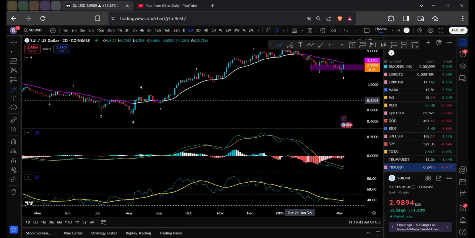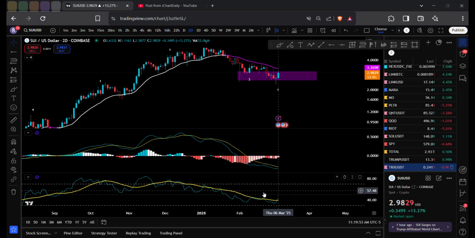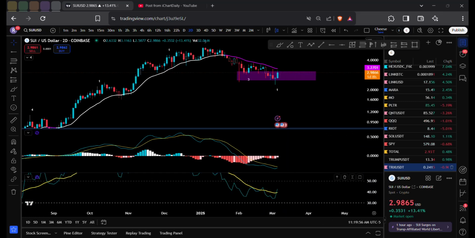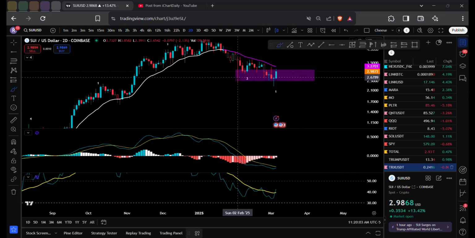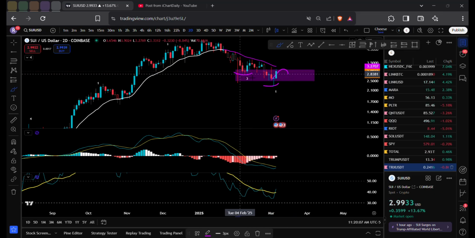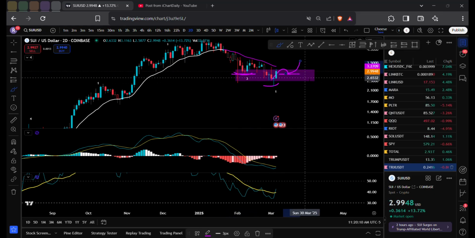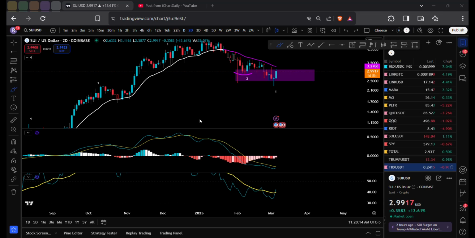On the 2-day, you can see as of right now, lower low on the price, lower low on the MACD, lower low on the RSI. We want to see higher low, same high, and so on. Same thing I just told you on the daily. This might take a little bit longer. So we want to see even an inverse head and shoulders, right? So here's one low, here's a lower low. We want to see a little blip down to the 283 level right here. And then I would like to say, okay, here's the confirmation. I would probably add it to the bot. I don't even know if it's on here.